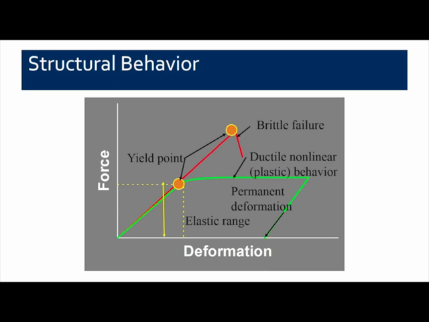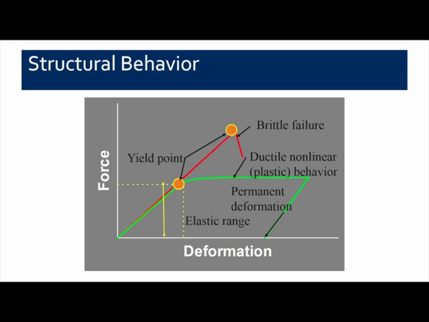And that's what we call a ductile or nonlinear behavior, plastic behavior, which is represented by the green curve. As you push on a building that has a ductile behavior, it will reach its yield point where it starts to deform, and then it will still be able to hold its strength as it continues to